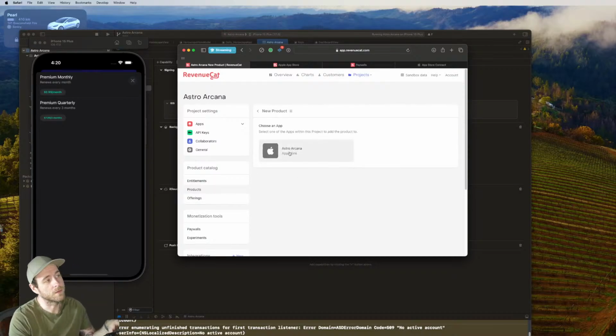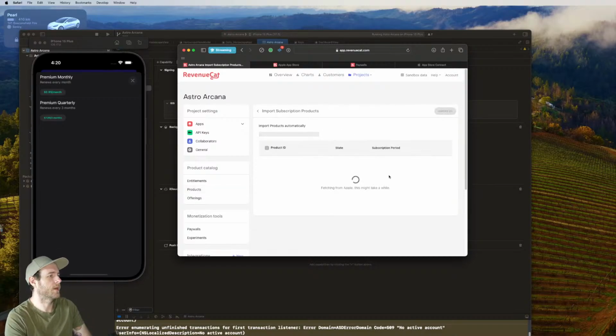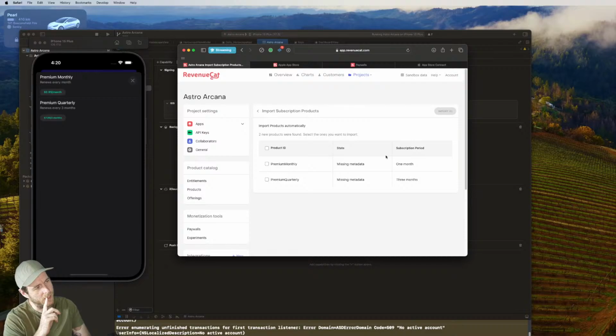And the cool thing about using Revenuecat, not just Apple's system, is that you can come through and customize these whenever you feel like. Revenuecat also does the whole receipt validation for you, which stops users with jailbroken devices from getting free in-app purchases. Import products, and this is loading directly from Apple. So we've got premium monthly and premium quarterly. I like the idea of calling them premium. So let's